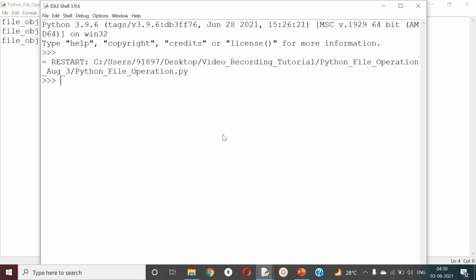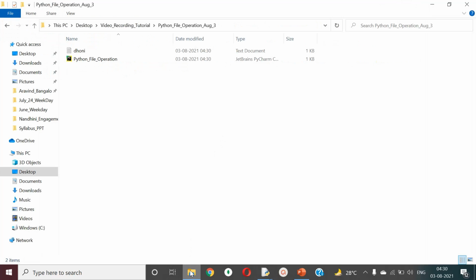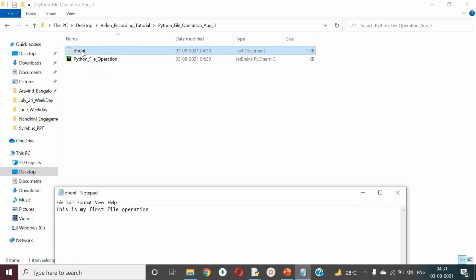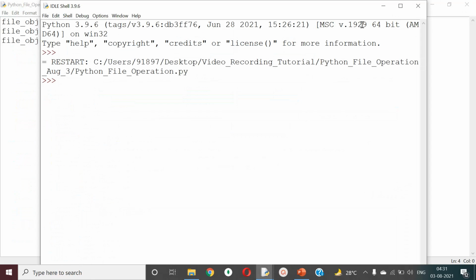Output will be empty because you're not doing any process to get the output on the screen, but you're doing some process. So let us open the same folder. Now you can see a file has been created with the same name which I mentioned. When I open it, you can see the content is clearly visible in this text file. So this is the basic write operation.